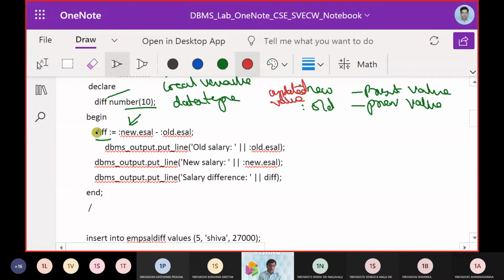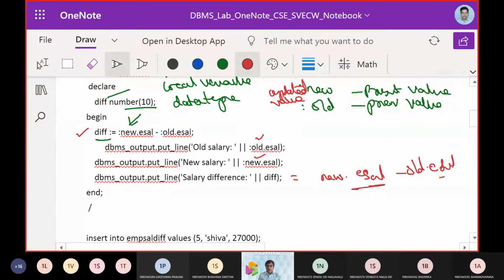So how am I going to get the updated value? I get it with the difference here. So old salary is represented with old, new salary is represented with new, and the difference we made as new dot employee salary minus old dot employee salary.